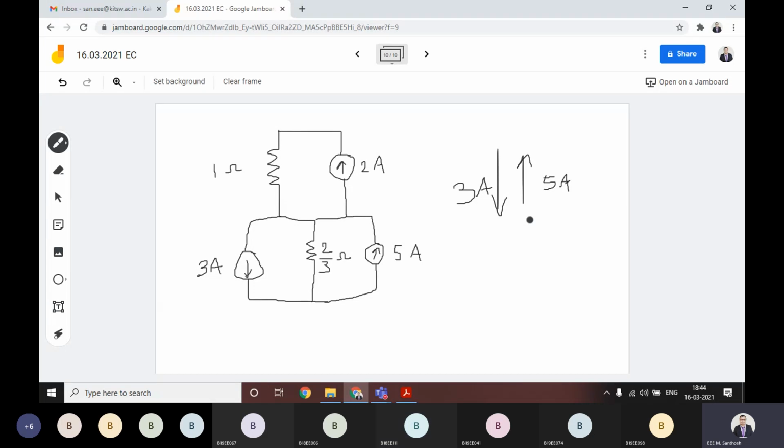2 amps. Okay, obviously it is 2 amperes. Why? Because we have to simply add. For adding, the highest value we have to take, the highest one is this 5 amperes, 5 minus 3. Why are we taking minus? This is plus. This is the opposite direction of that current, that means this is minus 3, which will give you 2 amperes. That means you have to replace this circuit here. Okay, 2 by 3 will be there, but the current source value is equal to 2 amperes.